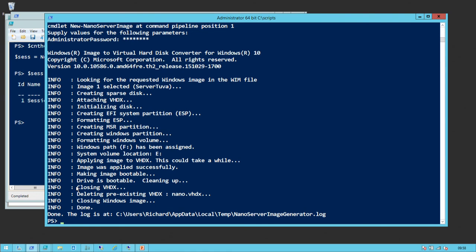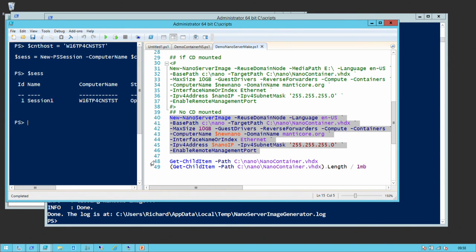That is done. So from scratch, that's creating a virtual machine, a virtual disk that you can now connect to a virtual machine. When that boots, it will give you an instance of Nano server joined to the domain, the static IP address, configured with the Hyper-V and containers features. And that is literally how quick it is to get these things up and running. And if you look at the size of the disk that it's contained,